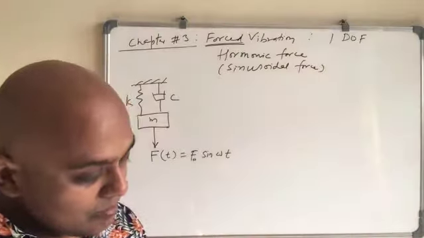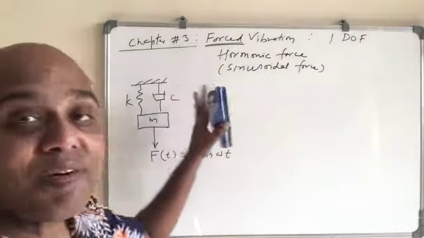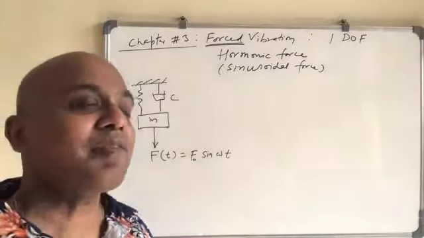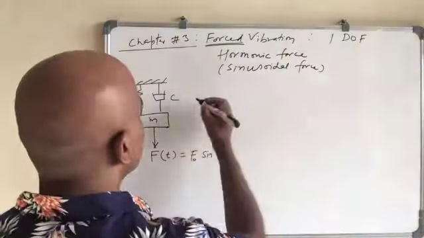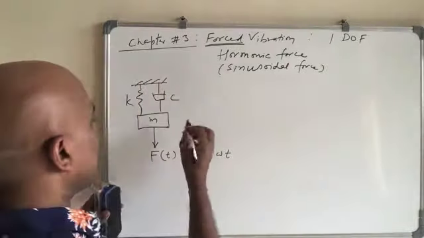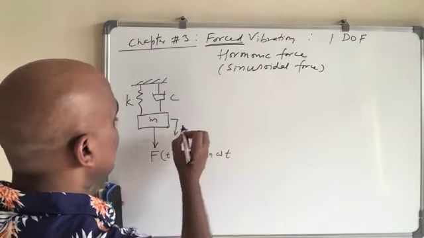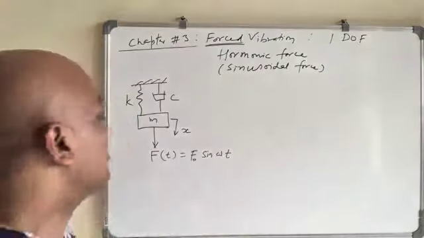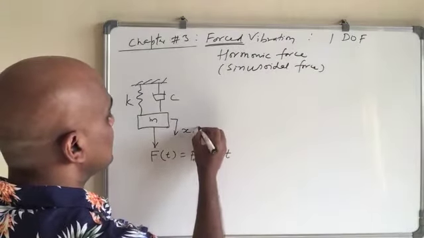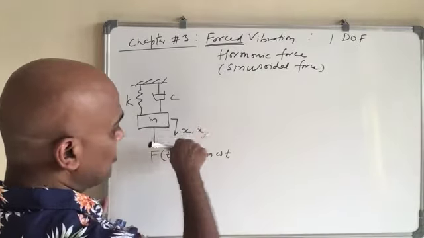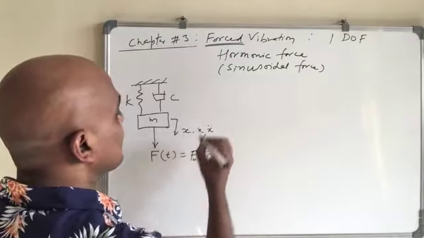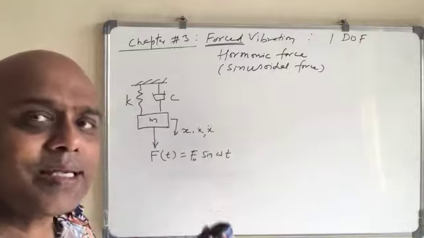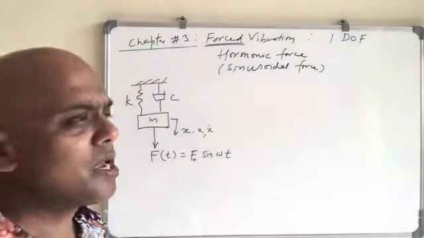First, the differential equation you have to write, and from there we want to solve it. The differential equation will change just a little bit. Let us say we study this one. We take displacement downward as positive, so accordingly x dot, the velocity, is positive downward, and acceleration also is positive downward.